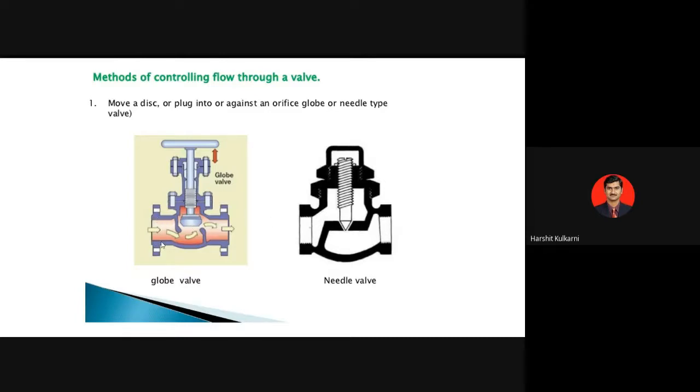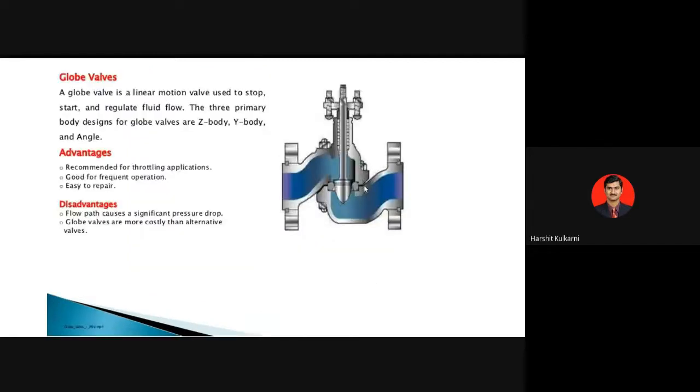So here this is the inlet, this is the outlet. If this globe disc is made to sit onto this position, then it will block the flow. Similarly, here you have a V type of needle which, if you rotate it completely by the number of turns required, will lock the position here. It will be seated onto this V position and it will block the flow. Of course you will understand this when I show that video wherein you can clearly see how the valve operates. So these are the two types of flow control valves. One is the globe valve and the other is the needle valve.